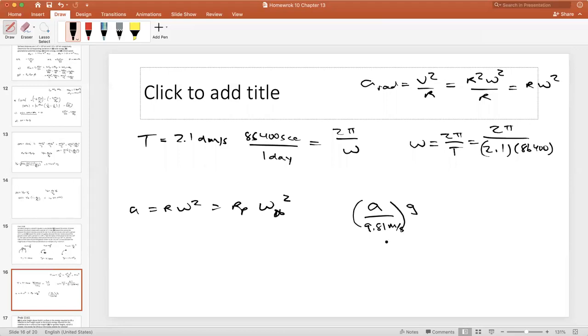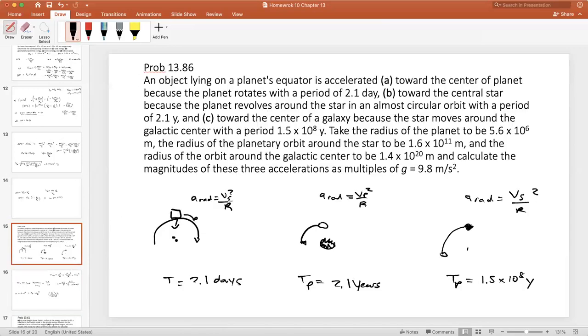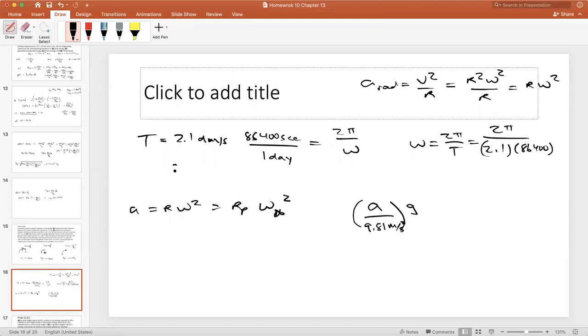And that'll give you g. So let's do this really fast. Using the fact that r is 5.6 times 10 to the 6 meters, I can find that omega is 2 times pi divided by 2.1 times 86,400,